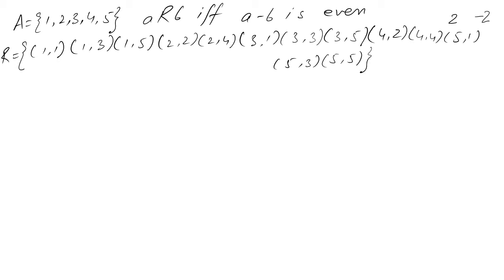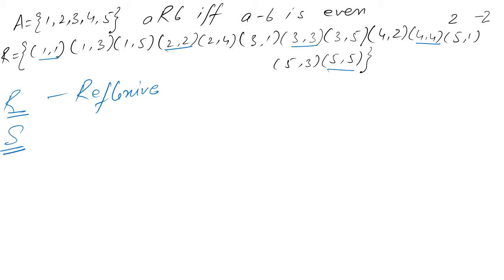Okay. Now let us check for the various properties. Right. We'll once again first check for reflexivity. Now we can see 1 is related to 1, 2 is related to 2, 3 is related to 3, 4 is related to 4, and 5 is related to 5. Obviously, any number when subtracted from itself will give me a 0, which is considered to be an even number. So this is a reflexive relation. So obviously, if a relation is reflexive, it cannot be irreflexive or it cannot be non-reflexive.